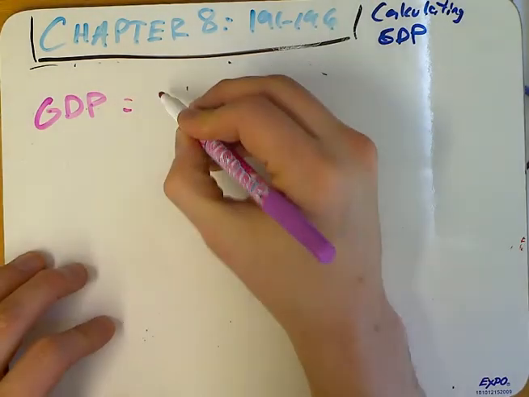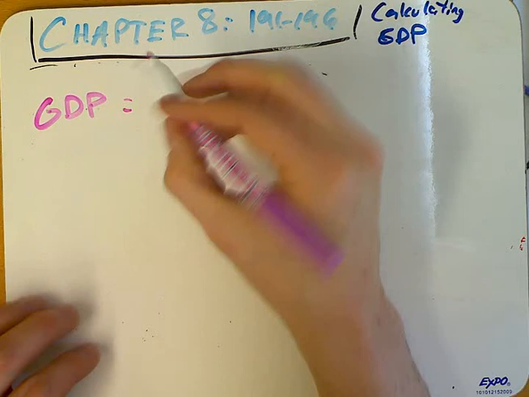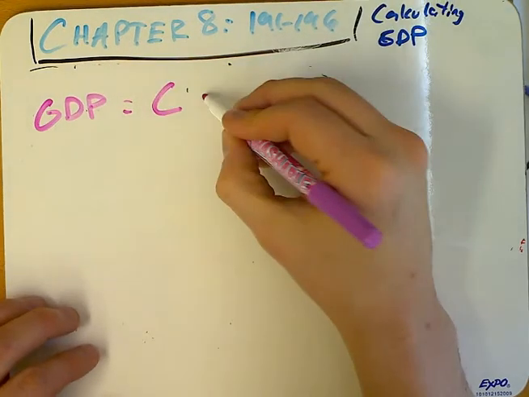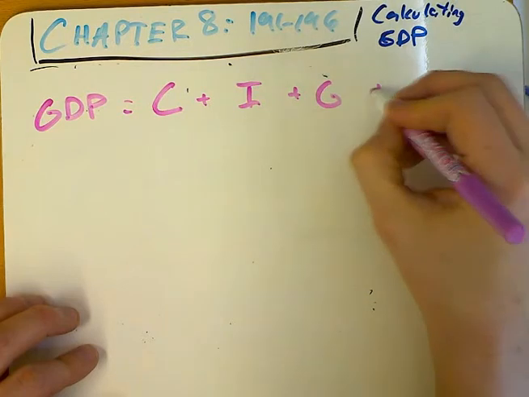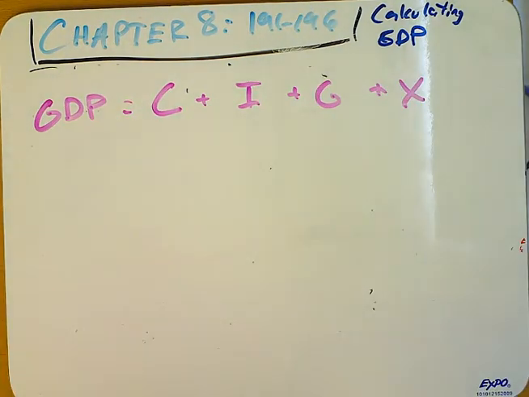define GDP as C plus I plus G plus X. Now each of those letters, of course, stands for something. GDP is all the goods and services produced within a country in a given year. And that is accounted for by factoring in really four different things. And so what these are